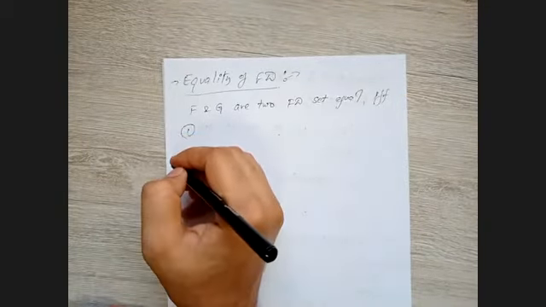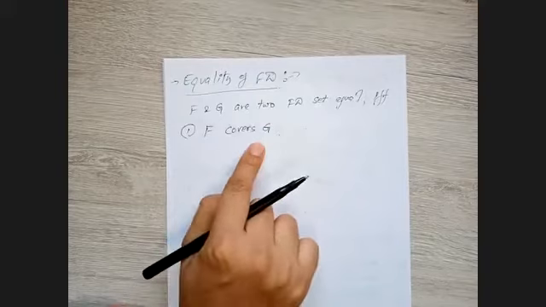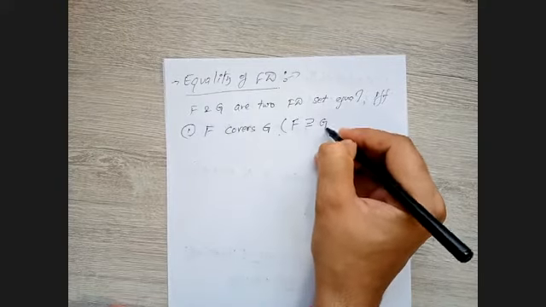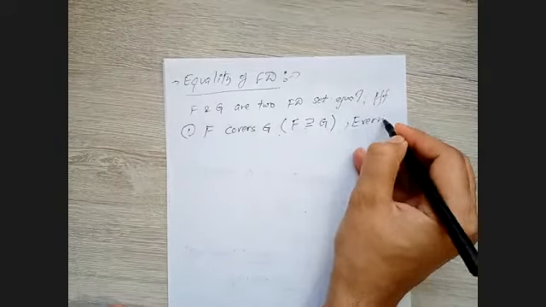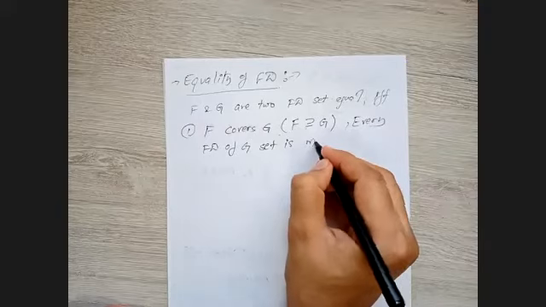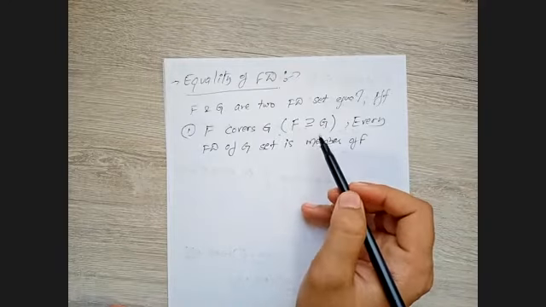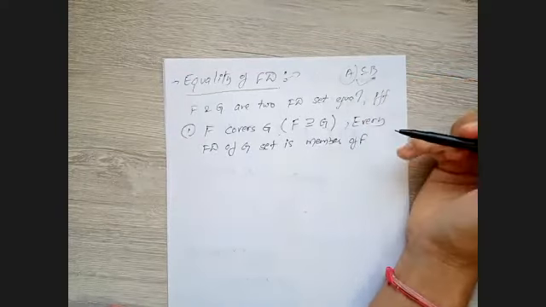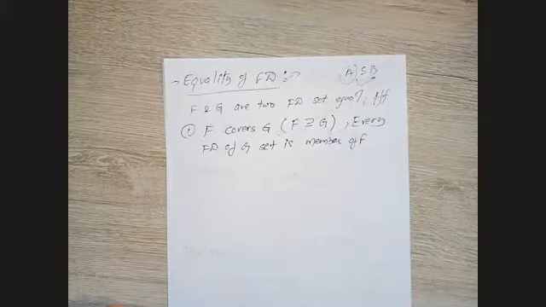The first one is to make sure F covers G. F covers G, what does it mean? In mathematical terms, I can write F is a superset of G, or G is a subset of F. It means every functional dependency of the G set is a member of F. Because we know A subset B means every element of A is contained in B. So every functional dependency of G must be a member of the functional dependency set F.